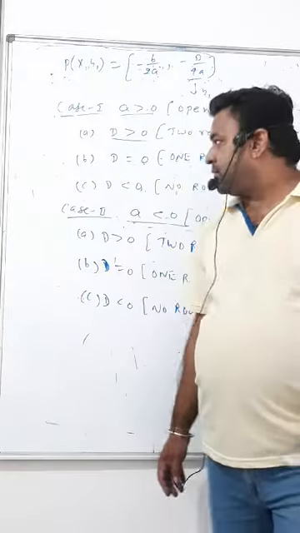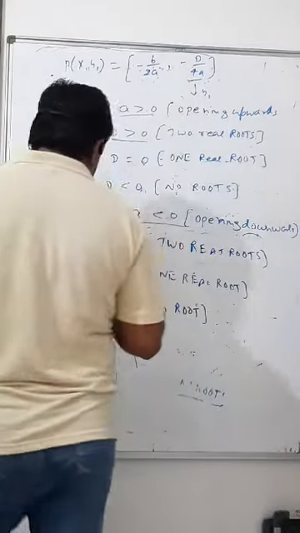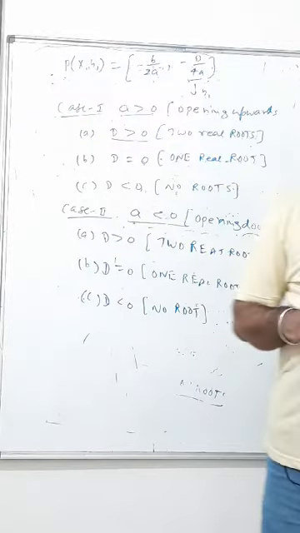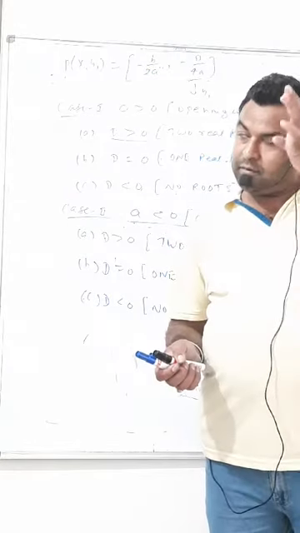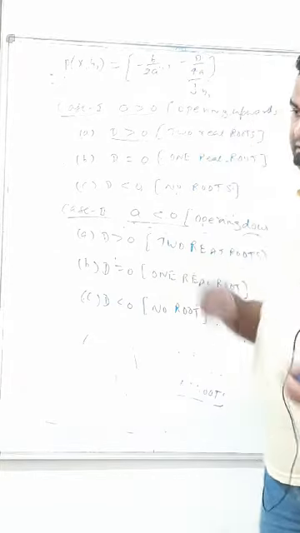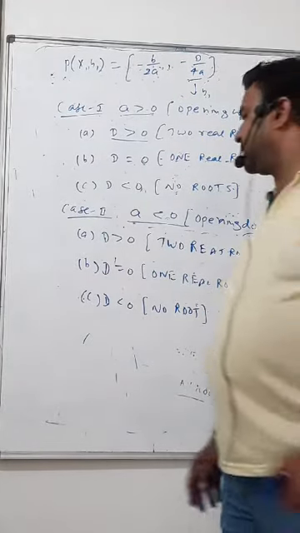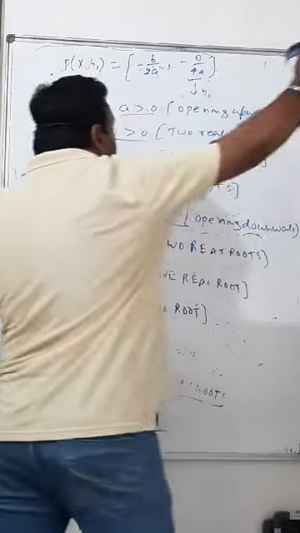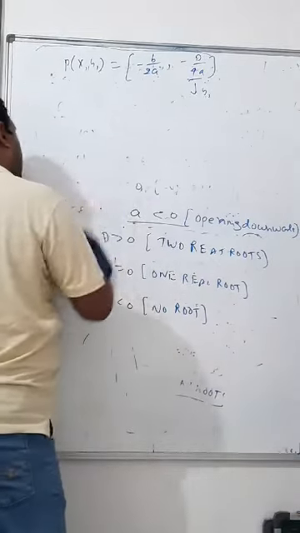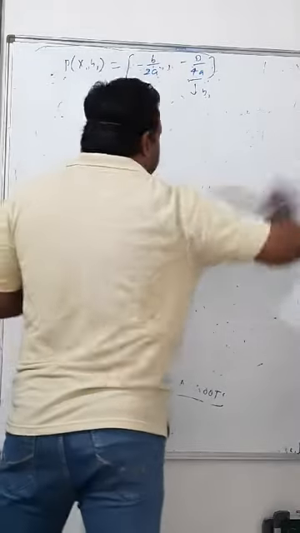Now these first two cases, A and B options, you may have studied up to class 10, where you are finding the solutions of quadratic equations. There are two solutions, one solution at maximum, and when you have no solution, you drop it out. But here we will be talking about this third point, when d is less than 0. Now look, one important thing is there. If the graph is opening upwards or it is opening downwards, then there is a common thing.